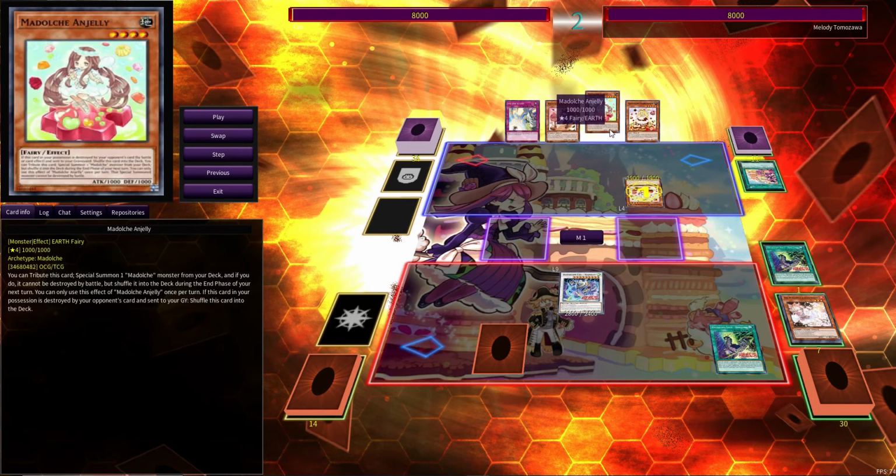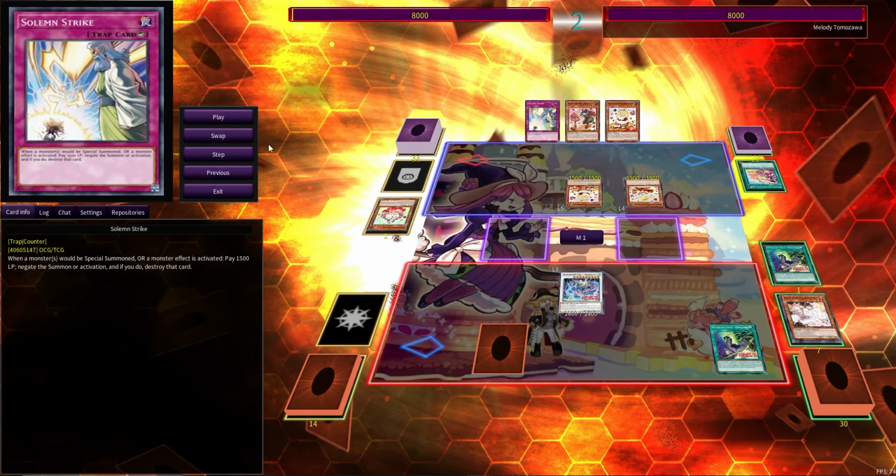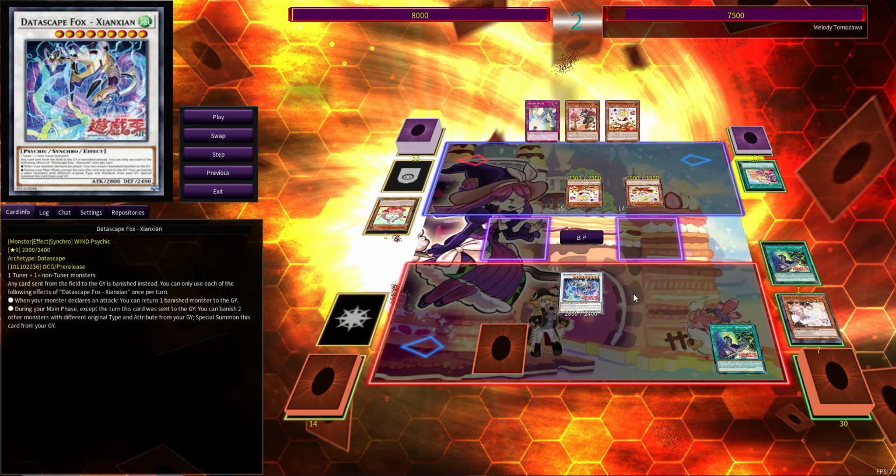But I thought it would be fine if he could not get to the Angeli, which unfortunately he does already have in hand, so we can just normal summon it. And he's going to go ahead and use Angeli to get the Pudding Cess onto the field, which he's going to go ahead and attack. Angeli and stuff is going to basically just send our Fox to the graveyard. Then we're going to take the Pudding Sword to the